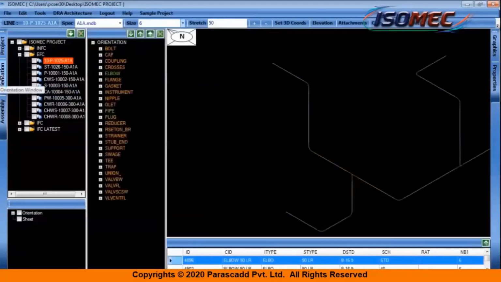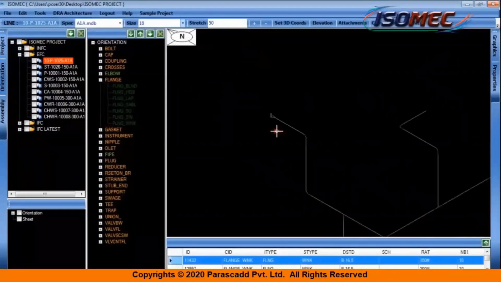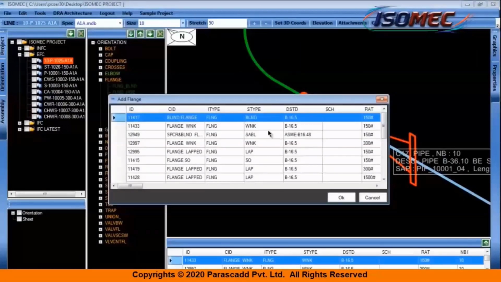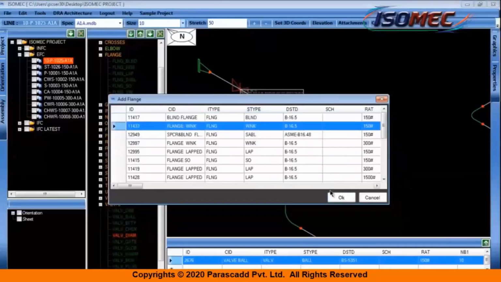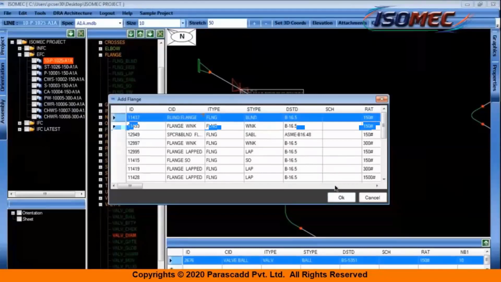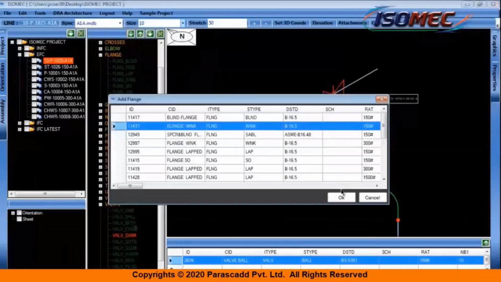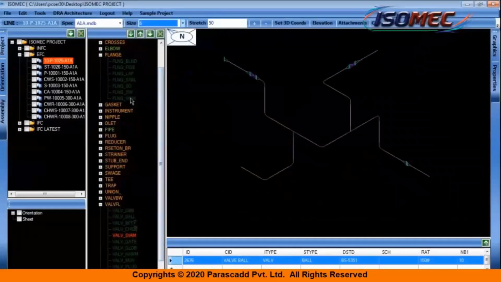In the orientation feature, all the items are available, like over here, I'm adding a flange. The symbol comes automatically, just placed on the line where you need it. The type of flanges can also be selected, like I'm adding a weld neck flange over here with the valve. I'm changing the size, changing a 6-inch ball valve, simply placed on the line. Select the associated flanges. The gasket will come automatically.